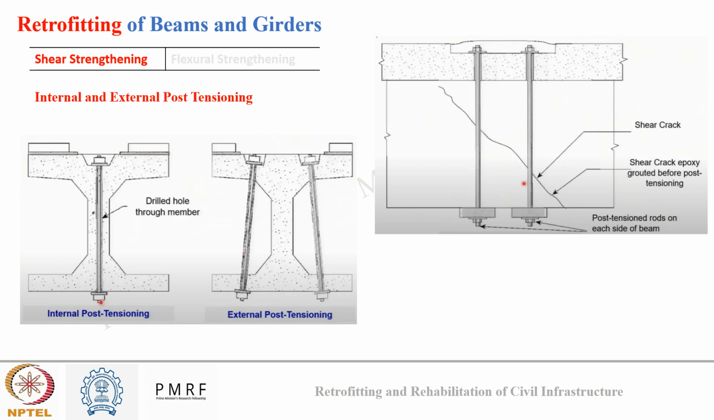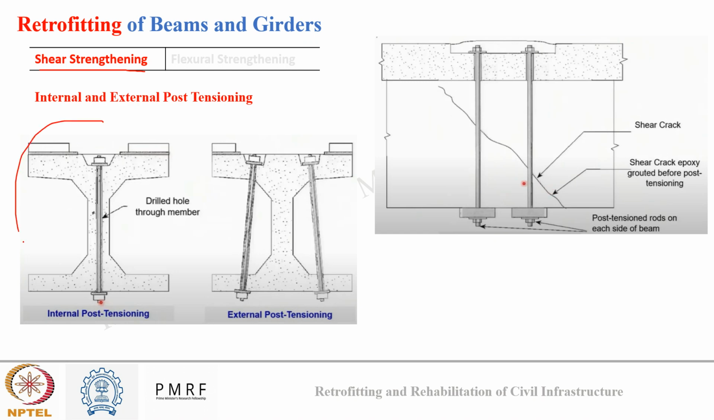So first we'll see retrofitting of beams and girders, in which first we'll talk about shear strengthening. When I am observing shear cracking on the structure and the shear strength of the structure needs to be strengthened, one way to do this is by using post tensioning, either internally or externally. Internal post tensioning is done by drilling through the concrete member and capturing the areas of distress, installing steel tendons and filling epoxy grouting in the leftover spaces of the drill,